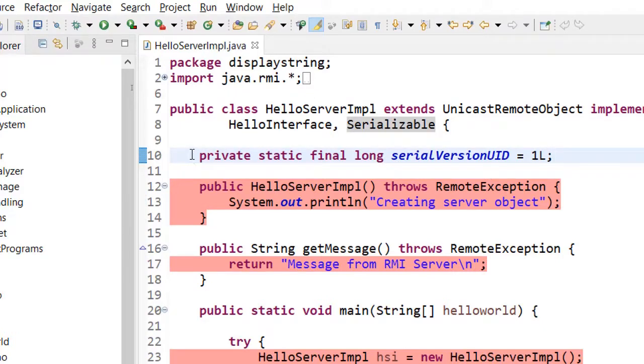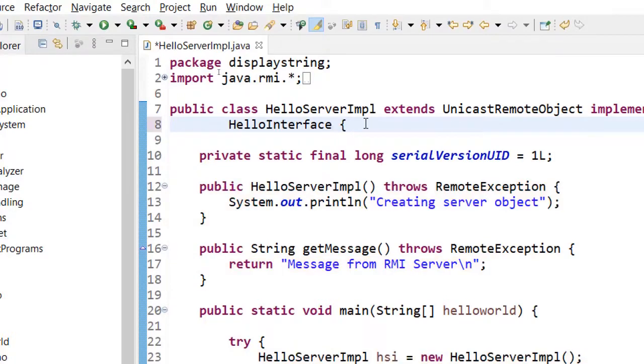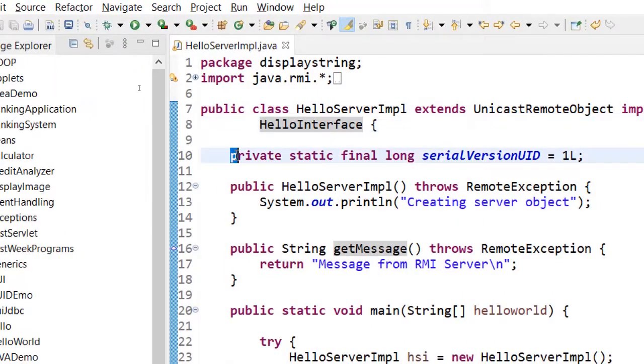Whenever you are working with networks and trying to send some object state onto the network, you must implement the serializable interface, otherwise you will get the warning. If I now save it, you will notice it throws an error. I think I should also remove this one.